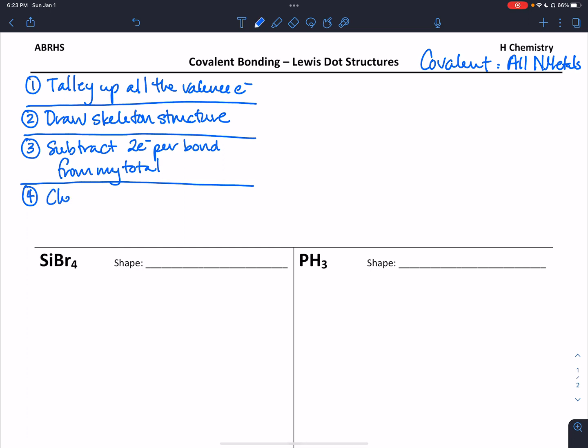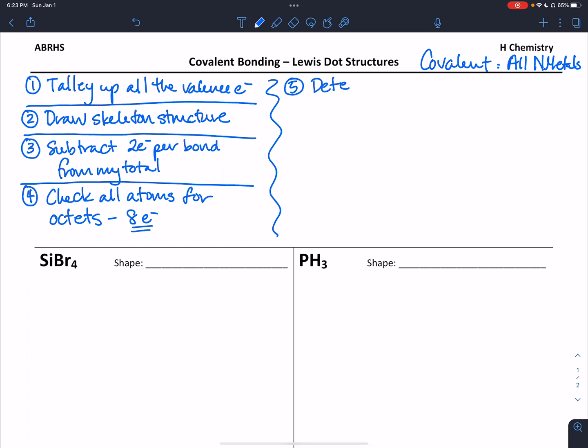So I'm going to check all atoms for their octet, which means 8 electrons. Now those 8 electrons can be in the form of a bond or in the form of lone pairs. Once I've checked all those atoms for octets,